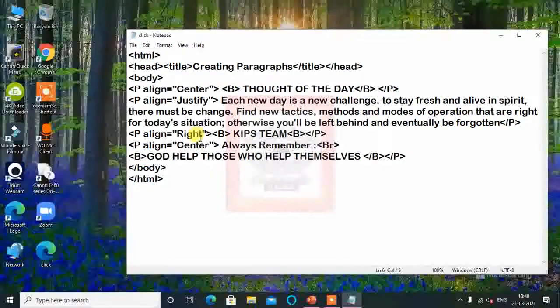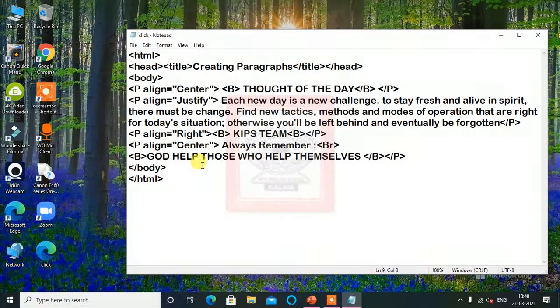Now this I will not open and check directly here, because I have to open it from another web page. The web page from where we want to open click.html, that we have to type. So this much we have typed for click.html, and everything is correct, you can see.